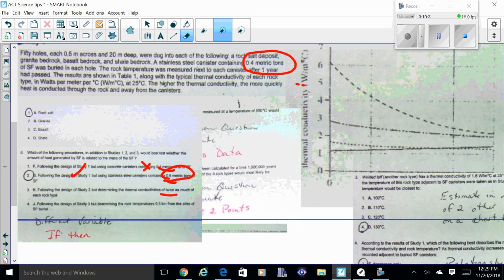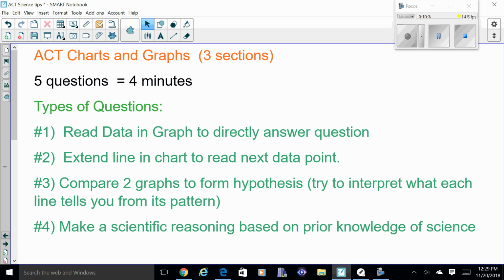All right, hope this helped on the experimental design questions. Once again, let's go back to the type of questions there are. There are 6 different types. The first one is always going to be that you